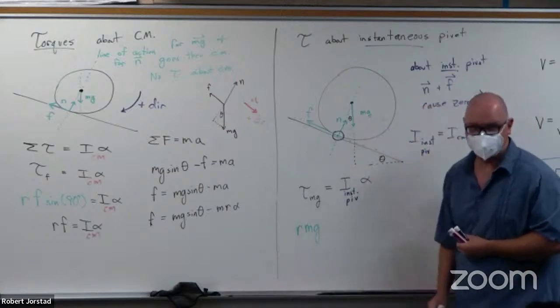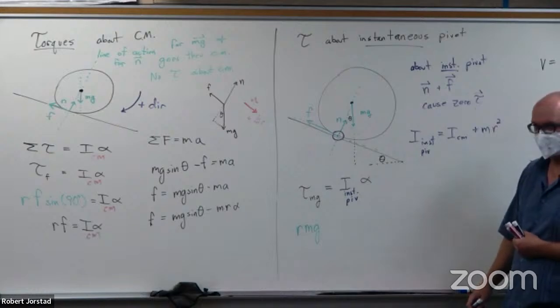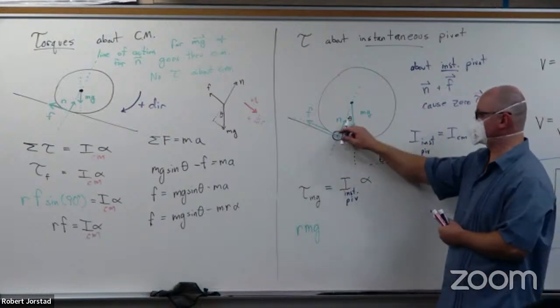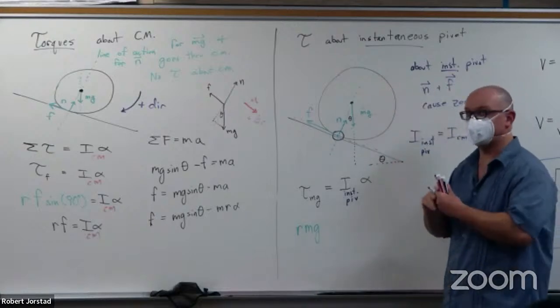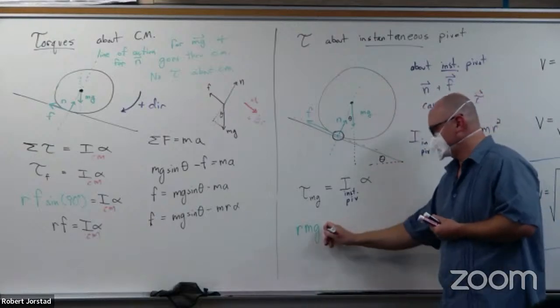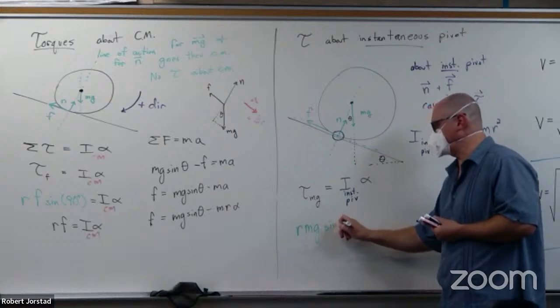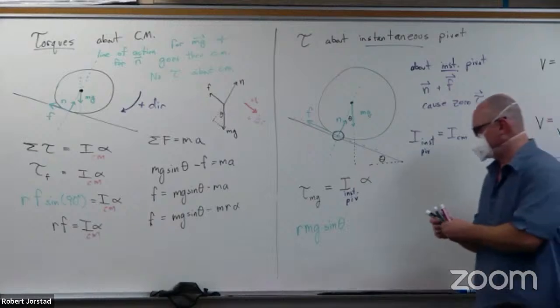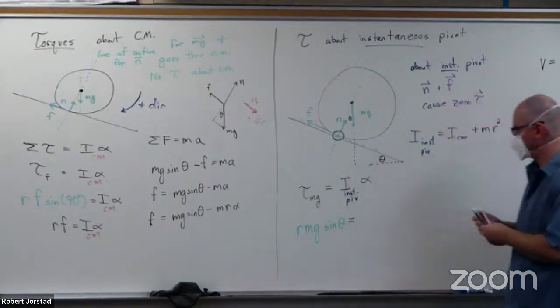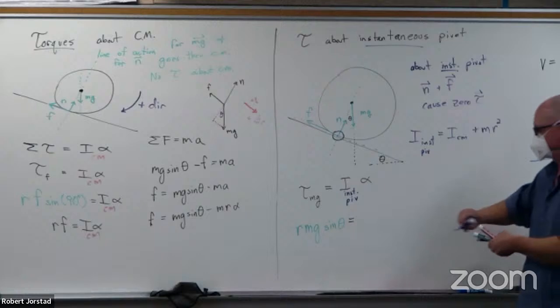Is there an angle between the r vector and the applied force? What is that angle in this case? So this one actually is theta instead of 90. Equals the moment of inertia is